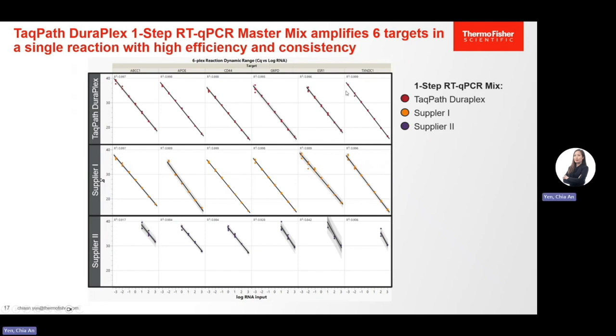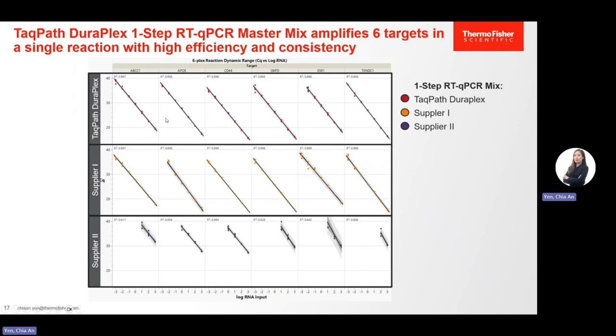Here we have 6 human gene expression targets with varying sample inputs in tenfold dilution series. The log10 RNA input is plotted against CT and fitted with linear regression to get the R-squared value